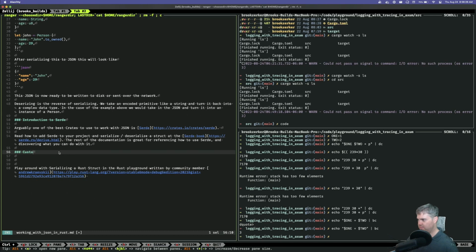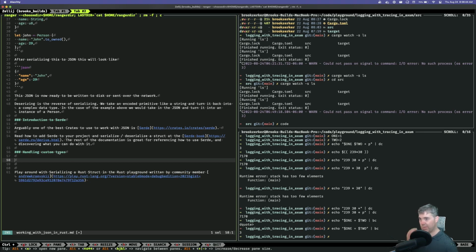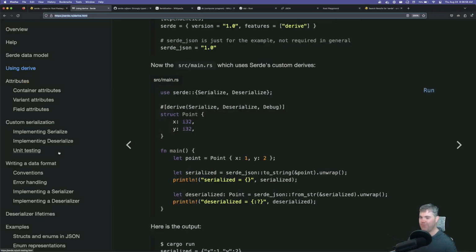So custom, I guess, serializing or handling custom types. And I'll just throw a to-do in here. Ha, that's not really gonna work. But it should hopefully remind me